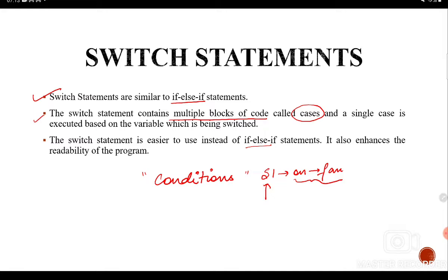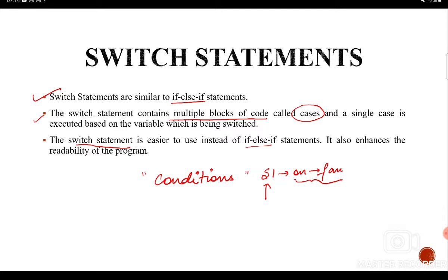Talking about the readability of the program, sometimes it happens that if there is a high number of cases, or a high number of conditions, then if else if statements become very clumsy to look at, or to read. So it is easier if we use a statement which is represented in a very organized manner.